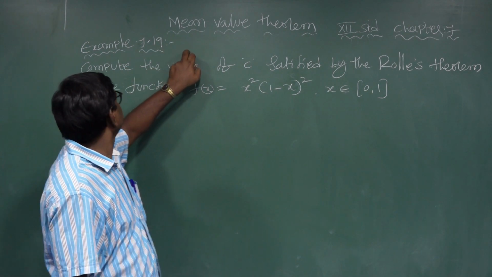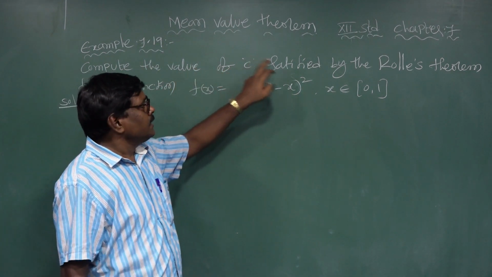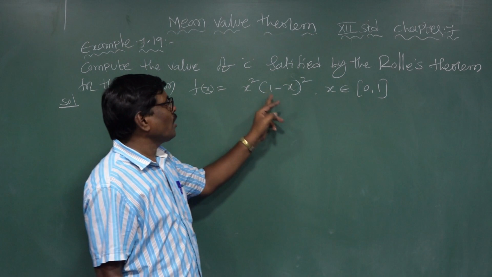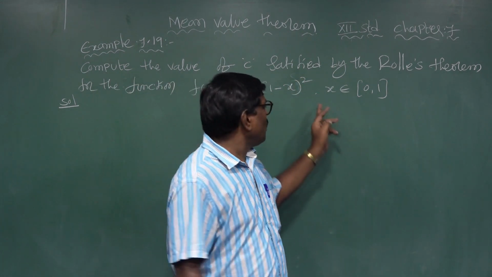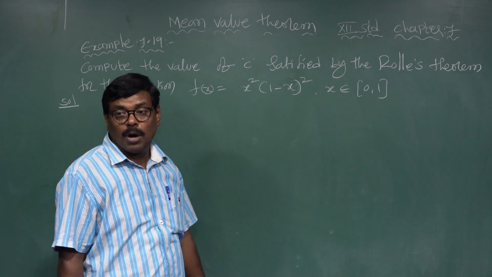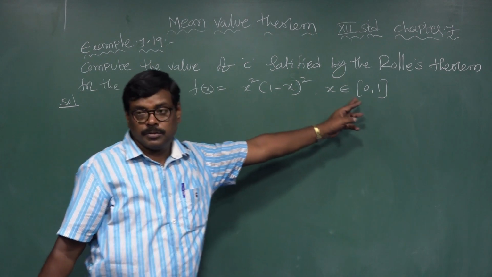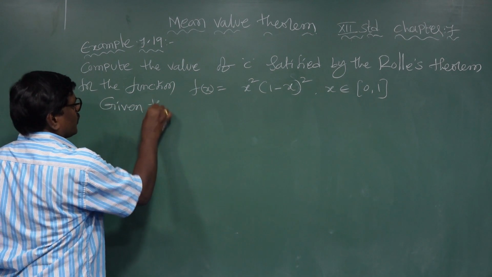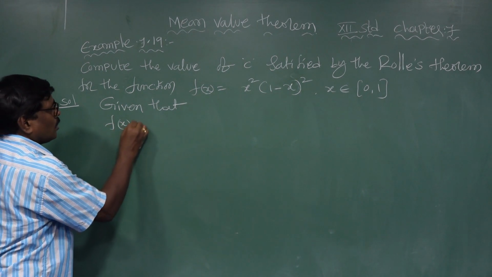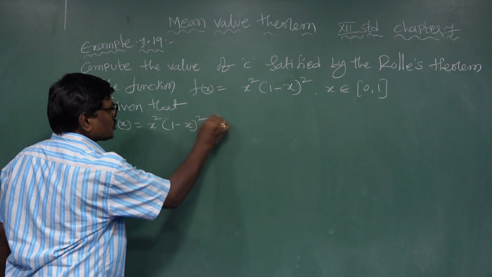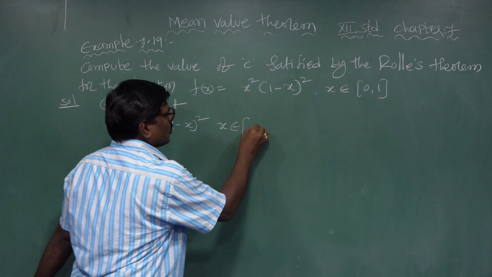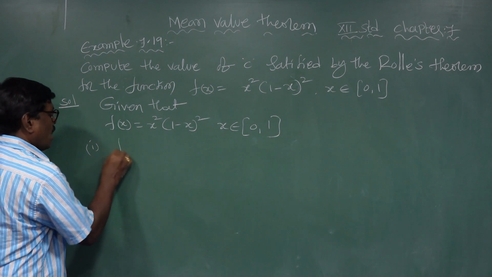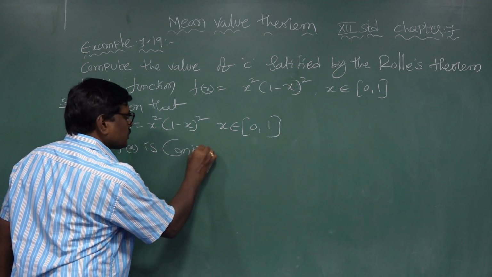Example 7.19: compute the value of c satisfied by Rolle's theorem for the function f of x equals x square into 1 minus x whole square, x belongs to the closed interval 0, 1. Given f of x equals x square into 1 minus x whole square, x in the closed interval 0, 1. First, f of x is continuous